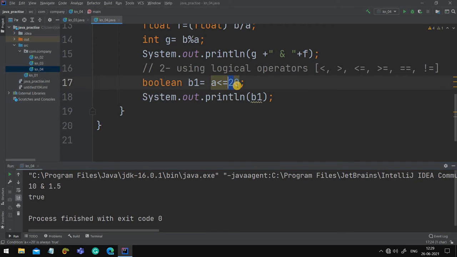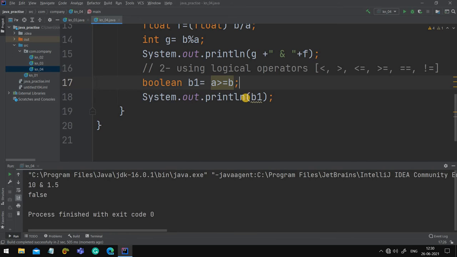Now let's change the operator and make it greater than or equals to B. Now the output will be false. Why? Because A is not even greater and not even equals to B. So the output came to be false.